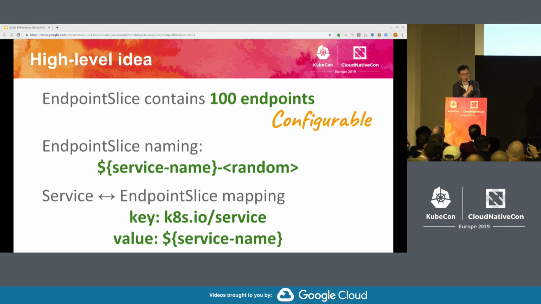So first of all, the endpoint slice contains 100 endpoints. We're going to talk about why we pick 100. And it's going to be configurable via a controller flag. And a new controller called endpoint slice controller will be implemented to automatically manage the life cycles of the endpoint slice object. Since one service corresponds to multiple endpoint slice objects, so the naming scheme we will not reuse the